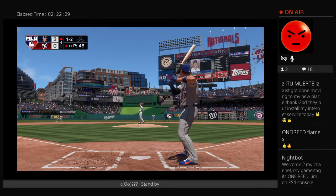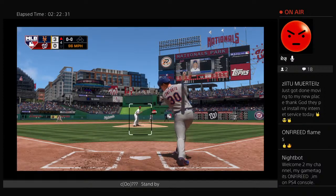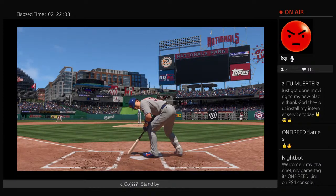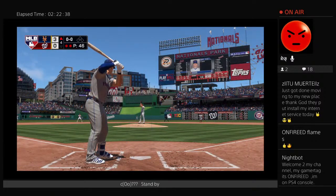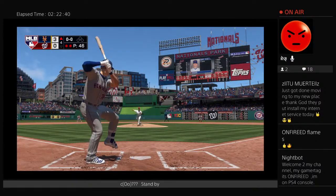The 1-2 is swung on and missed. He got him. J.D. Davis the next at bat. First 2 men in the inning have both gone down via the punch out, so we'll see if he can